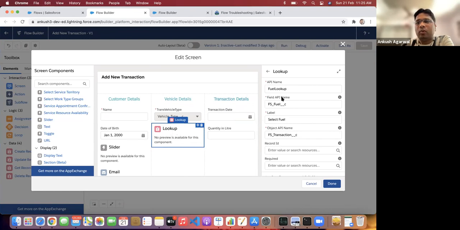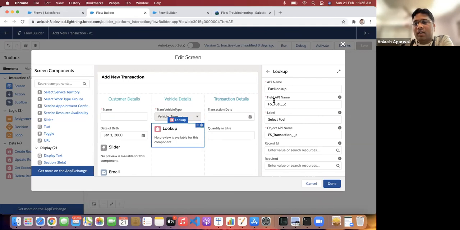Some of the attendees also found difficulty in attaching this lookup. For this lookup specifically, you have to take care of a few points. First we need to define the object on which this lookup field exists. Because we'll be storing these details on the transaction object, first we have to define the transaction object API name here. You have to go to your object manager, see what the API name of that particular object is, and then mention that API name here.